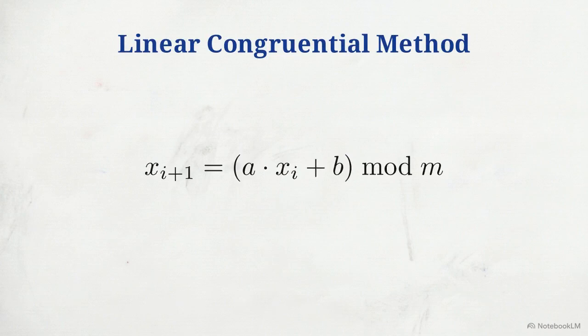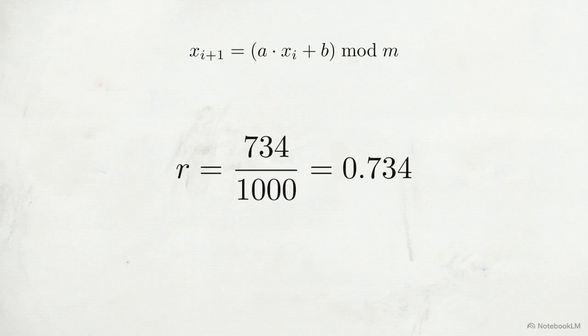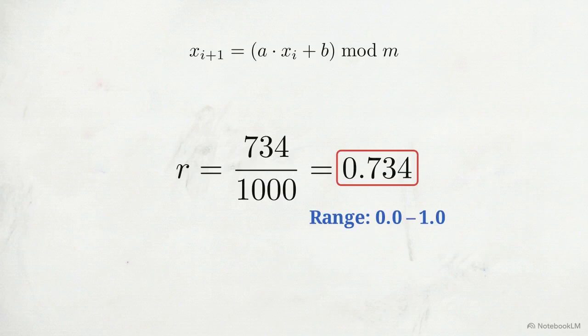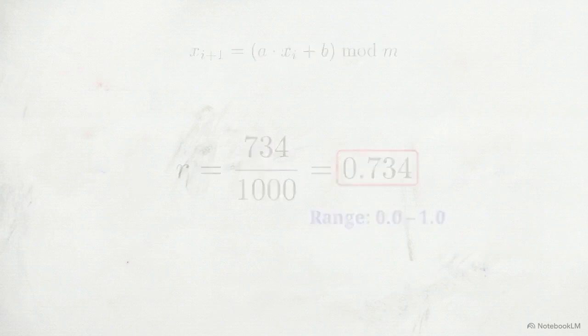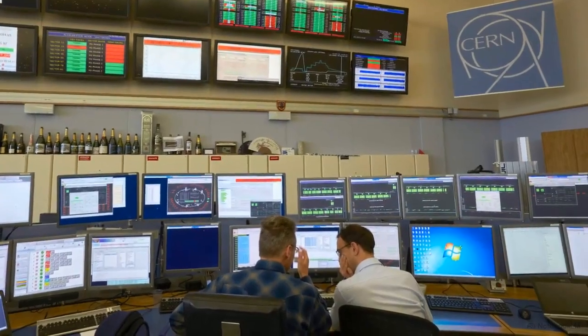It relies on a repeating equation containing a multiplier, an increment, and a modulo operation. Every chaotic sequence needs a starting point, called the seed, or x0. The final step is converting the integer output into a usable probability. By dividing our resulting value by the modulo, m, we convert the sequence into a uniform range precisely between 0 and 1. That uniform 0 to 1 range is the raw material for every complex physics simulation we will build